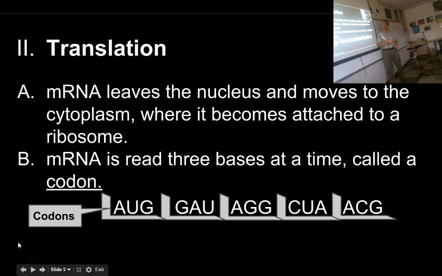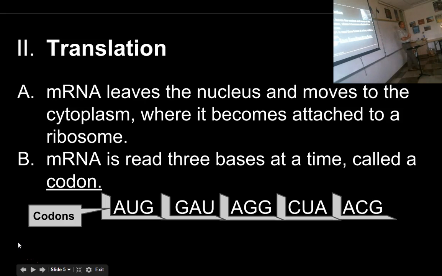Messenger RNA is read 3 bases at a time, and those 3 base words we call codons. So just like in our language, we have an alphabet. You stick letters together to make words, you put words together to make a sentence, and you put sentences together to make a book or an essay or whatever. DNA has the same exact kind of arrangement of complexity. It has an alphabet. Its alphabet is 4 letters big. Its words are 3 letters long. All of the words are 3 letters long. And then those words arranged together make sentences that we would call genes.